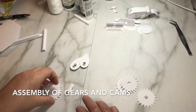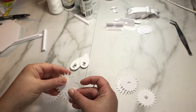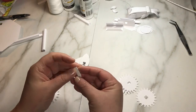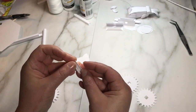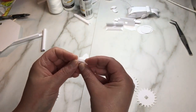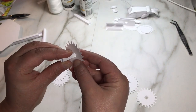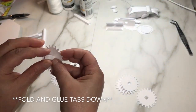Okay, so here I have my gears and my cams. You're going to have 3 pieces that are like this, just with a square in the middle. First, this is the shaft for that gear. You'll just mountain fold on the score line, except for these tabs here, and glue that down like so, until you have a shape like that. Then you'll insert it into one of these gears, into the middle here, and you'll fold these tabs down,